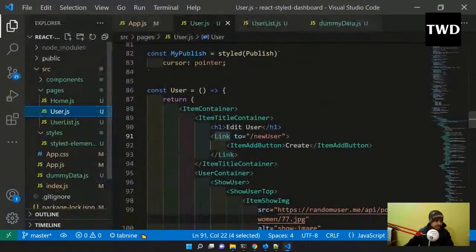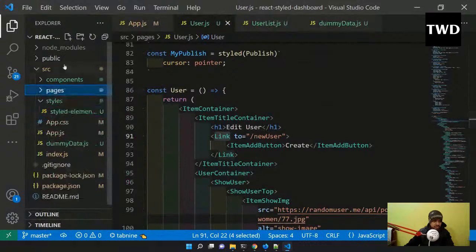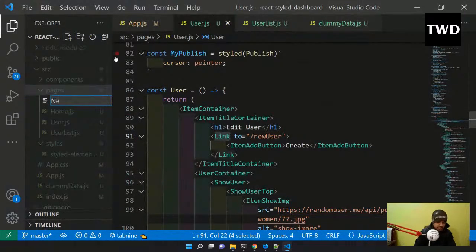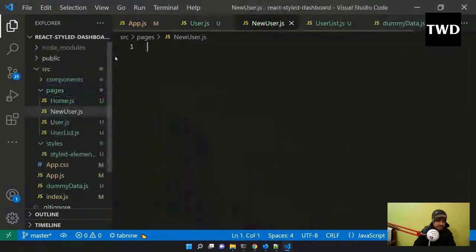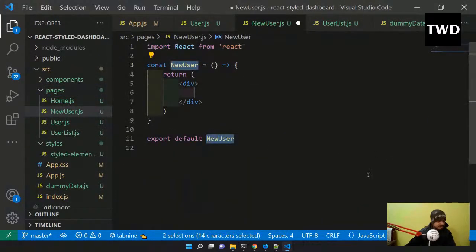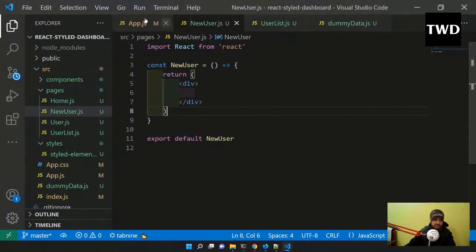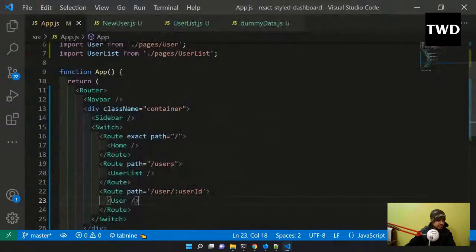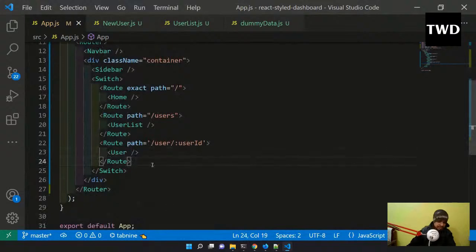So let us create that new user. New user.js, and I will do RAFCE, and then I will save it, close it. Then in this app I will have this new user, and it's not some ID or something, it's not like a normal path. So after this I will have this